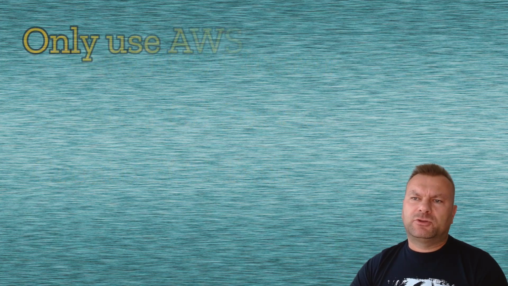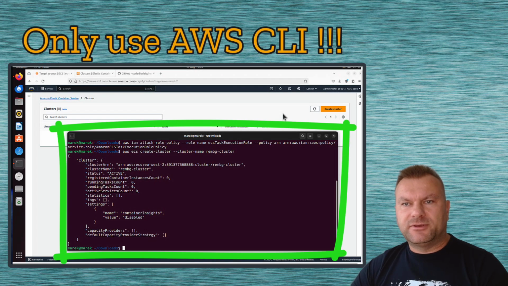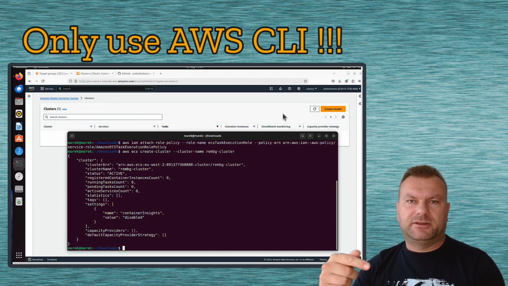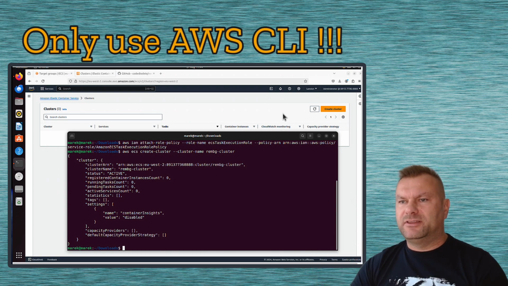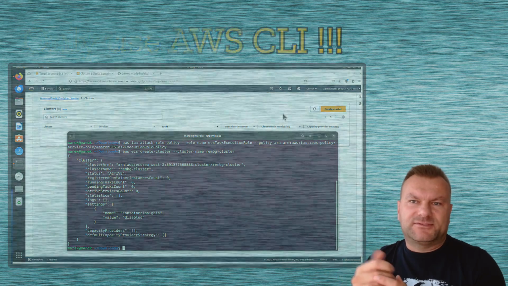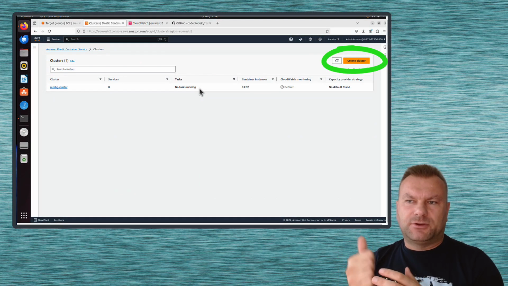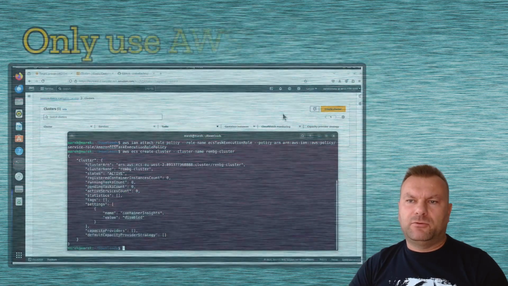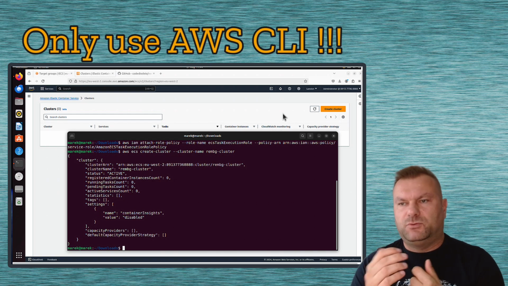I decided I'm going to use only the AWS command line interface for that, and in the AWS console I will only show you what is being built after we run each AWS CLI command. I just want to show you that you can work with AWS Cloud in many ways. You can obviously click buttons directly in the AWS console to build that. We also saw in previous videos how to use Terraform, which is an infrastructure as code tool, and today I thought maybe we will just use the AWS CLI to perform all those tasks, because why not?